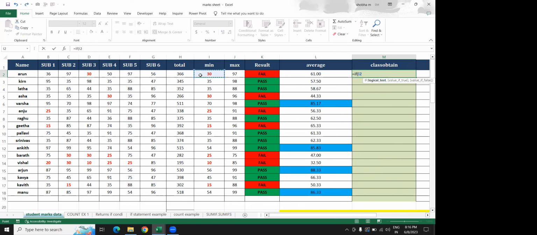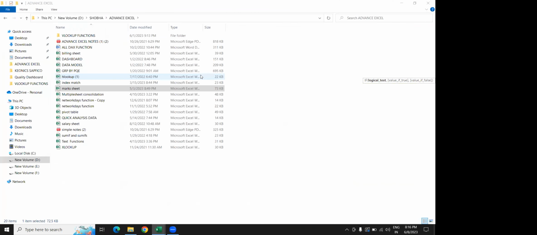Ma'am, it is the average column. If the average column is not available here, we have not calculated the average column. We will directly do it in class obtain. When we select subject 1, subject 2, subject 3 to subject 6, ma'am, here instead of L2,